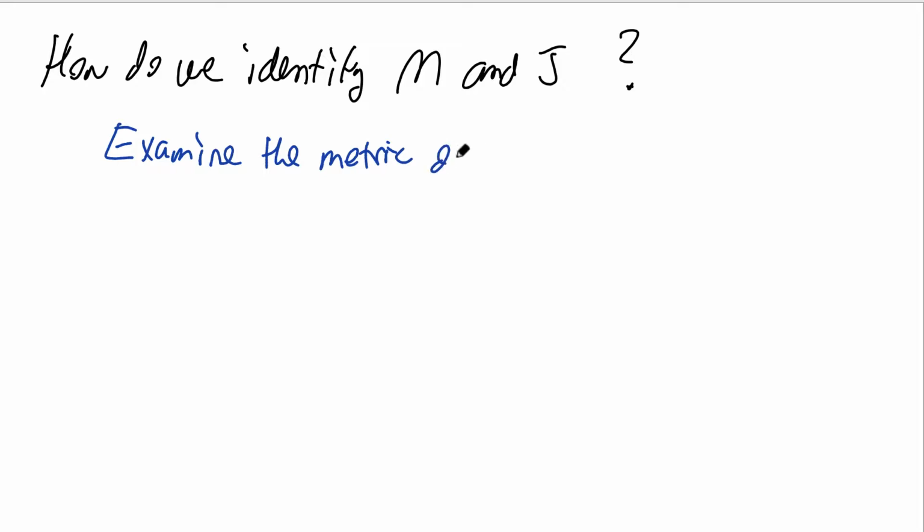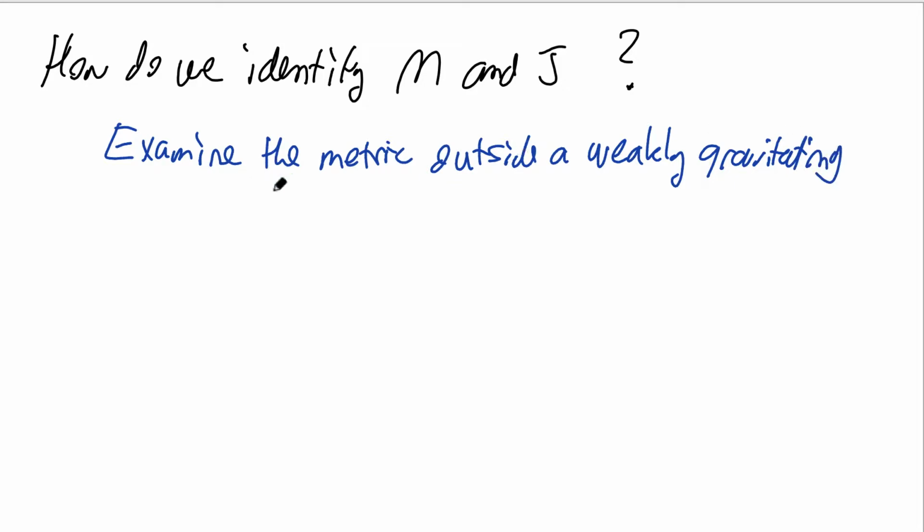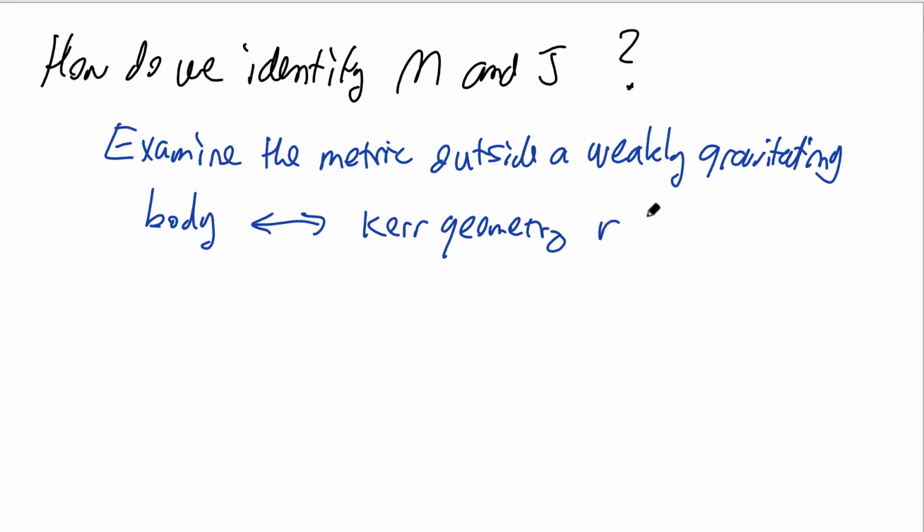So we examine the metric outside a weakly gravitating body, and we show that it has the same form as the Kerr geometry in the asymptotic region as r goes to infinity. When we relate the Kerr geometry in the asymptotic region to the metric outside a weakly gravitating body, we find that the Kerr parameter m